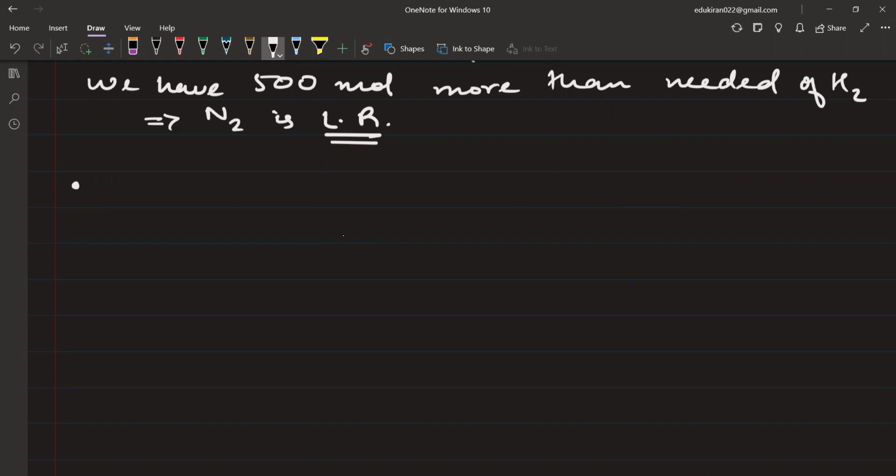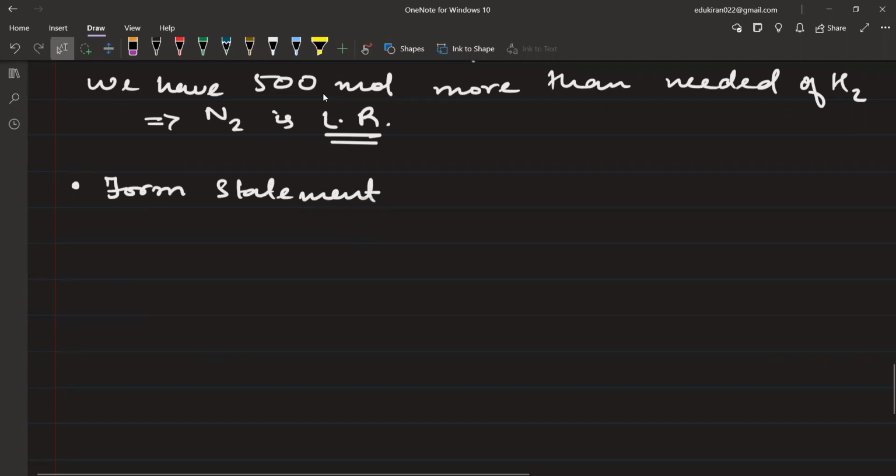What type of statements? Iram, please flip some pages. See what statements do we write after we have found the limiting reagent? What statement? Form statement. Yeah, form statement. Correct. Tell me what will be the first form statement? The first will be according to the chemical reaction. So according to the chemical reaction, 1 mole of N2